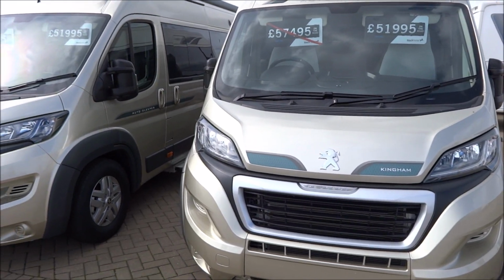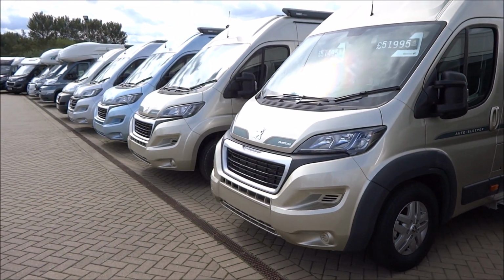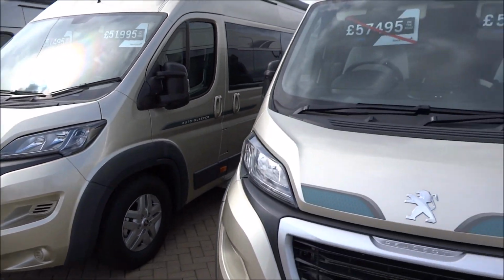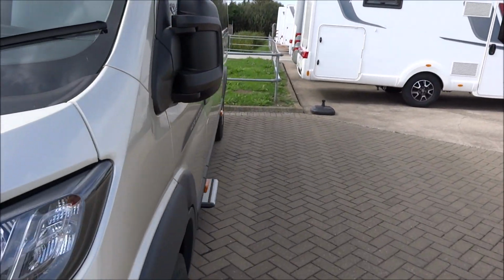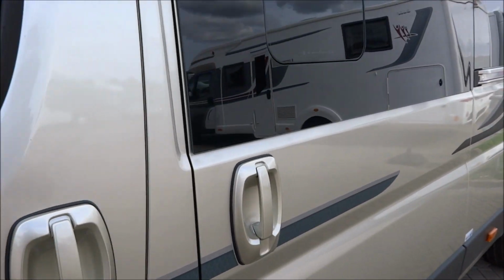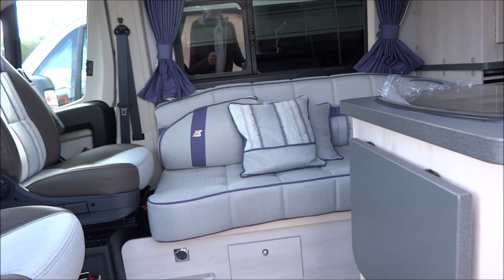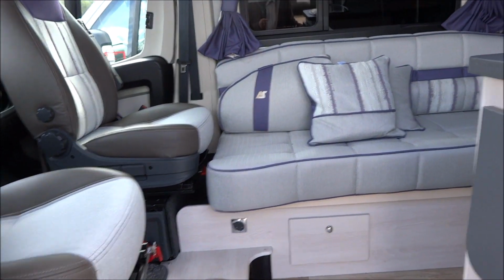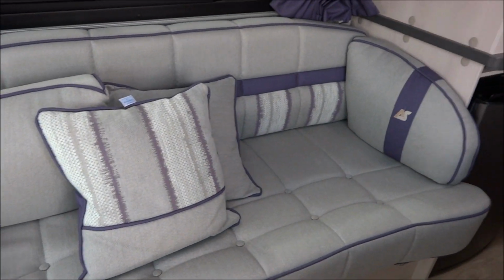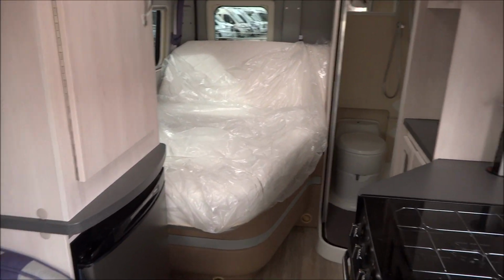There's one or two more over here, auto sleeper camper vans, look, they are an auto sleeper dealer after all. Let's have a look inside this one. This is the Kingham, gold exterior. Again, quite like the mauve. You have the bench, the kitchen,